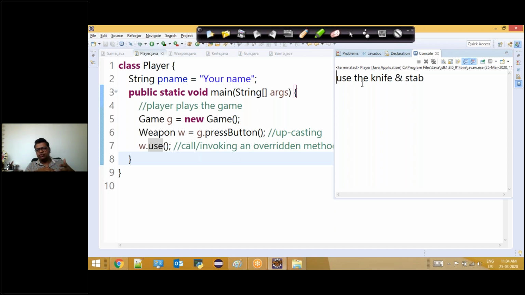If the game gives you a weapon, that is what you can use, isn't it? That is so realistic. If the game is giving you a knife, can you shoot using a knife or blast? You cannot do that. It all depends on the game. So my program is a more dynamic program,